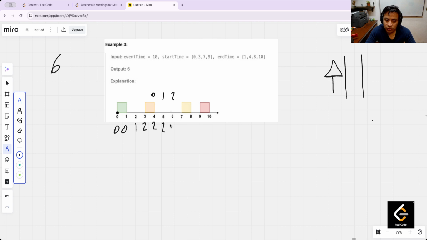2 is greater than 2? No, the maximum is 2. 3 is greater than 2? Yeah, it's 3. Now this is 3. Sorry, this 3 is here. Now the next that is 1. 1 is maximum than 3? No. 0. 0 is maximum than 3? No. Okay, we have this